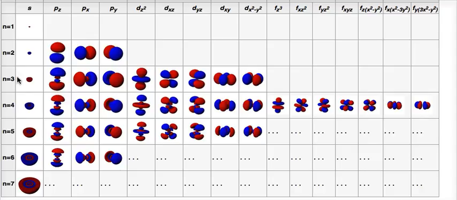Eventually, at n equals 1, the only shape that can have that kind of one node antinode thing is a sphere. Once you get to n equals 2, you've now allowed for this new shape. Dumbbell shapes can also have this node antinode arrangement. When you get to n equals 3, it's like, oh, I can get the sphere, dumbbells, and the weird D guys to have that many nodes. And once you get to 4, now you get these Fs. And now there's a new shape, and that new shape can take on this node and antinode number here. So you just see that as you go higher in energy level, there's more energy sublevels that